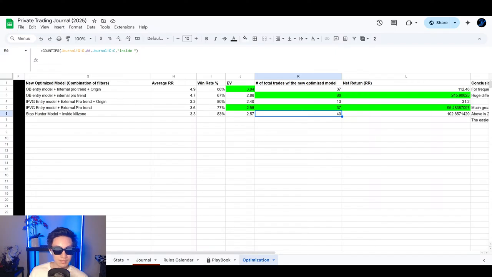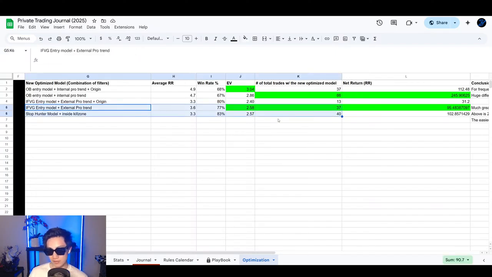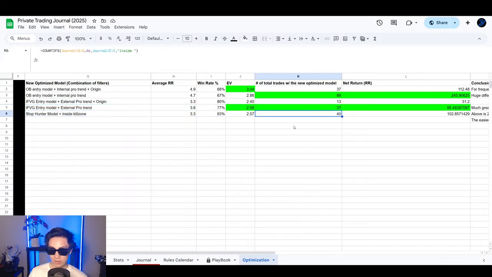So if we were to compare these two models here, you'd say they're actually very similar. These are basically the same. So you could just, matter of fact, take both of these. If you want to trade both and want more trade frequency of 37 plus 40, you can just take both of these trades with these two confluences, the entry model and the confluence that I teach in the course, right? Because it's basically the same EV here. Like, look at this. That return's basically the same,